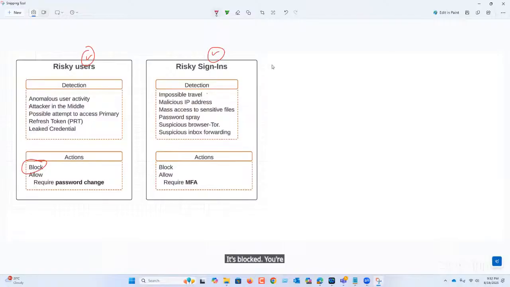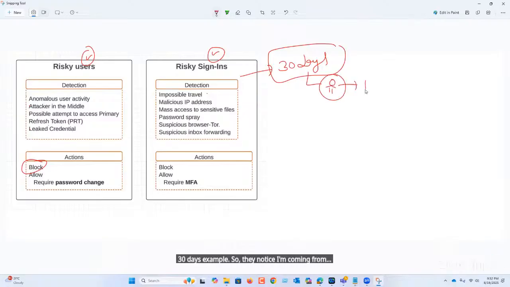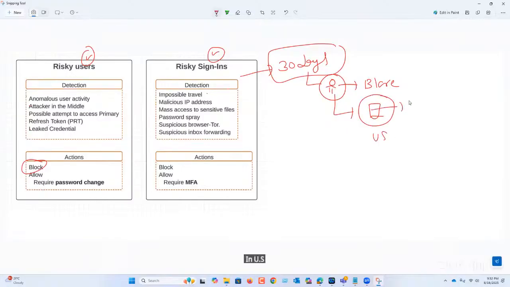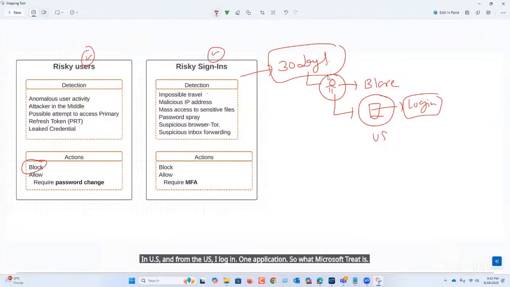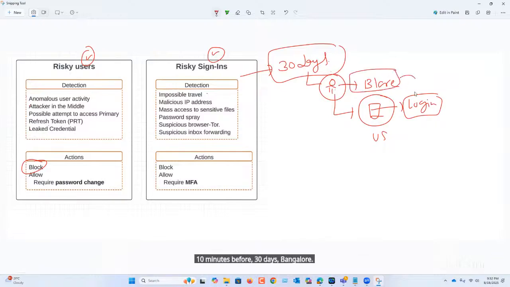You're coming from impossible travel. So they continuously monitor for some 30 days, for example. They notice I'm coming from Bangalore location every day. Suddenly, I've built my Azure VM in the US, and from the US I log in to one application. So what Microsoft treats is: 10 minutes before, for 30 days Bangalore, suddenly it's the US, it's a phishing attempt. Impossible travel in 10 minutes. In those situations, they feel it's a risky attempt based on the policy, including